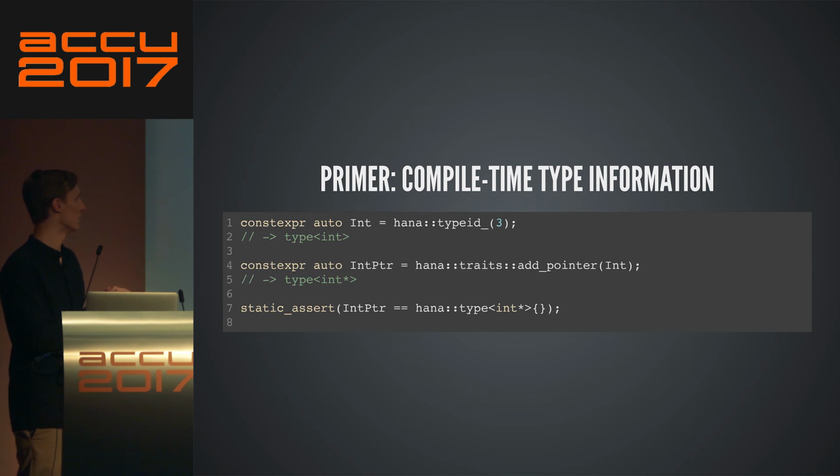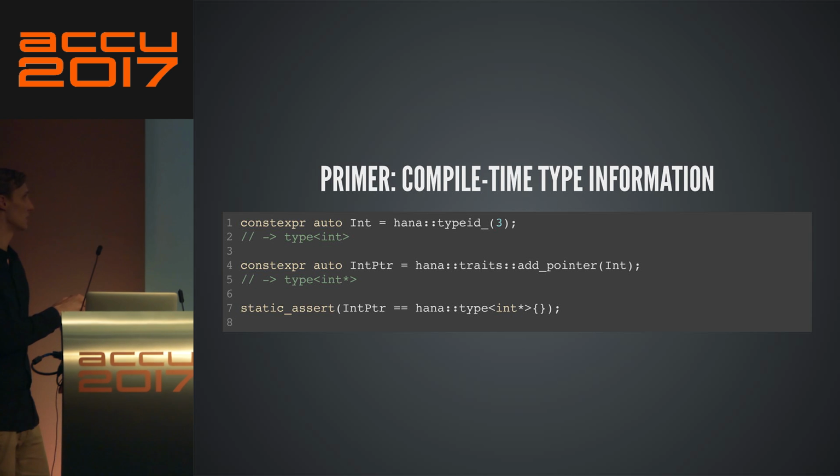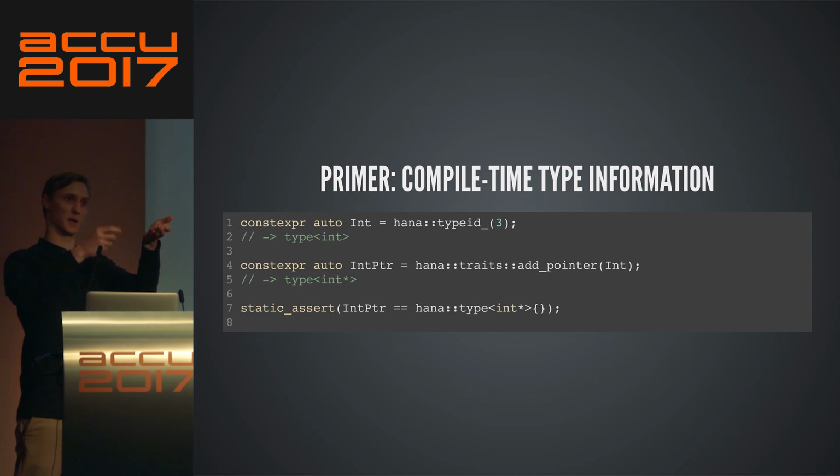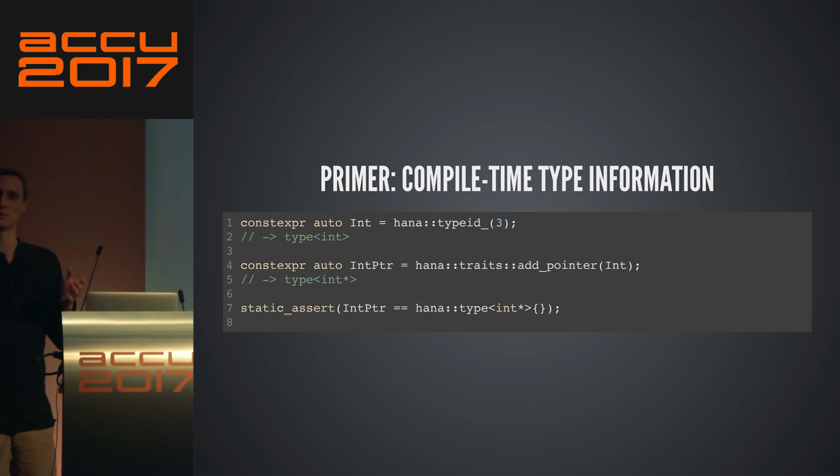And then you can use traits. You can use operations on these compile time types to modify them, right? So just like you would use std::add_pointer<int>, now given a lifted type ID that you represent as a value, you can call hana::trait::add_pointer. And that gives you back a type of int star.